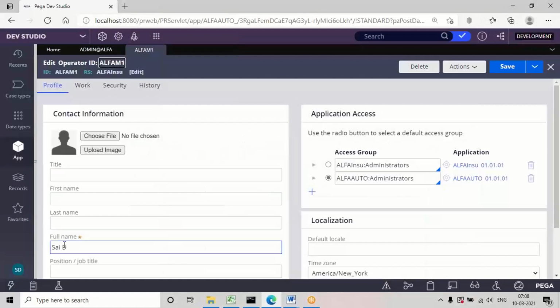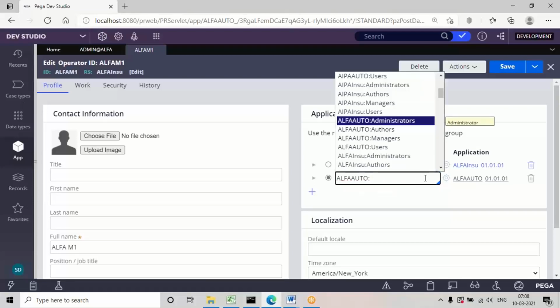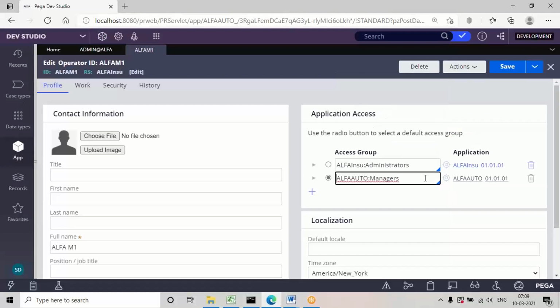And you can update the full name. One thing we have to change is the access group. I want to create this ID with manager access. Your division name colon managers is the name of the access group. So we have to update the access group information.